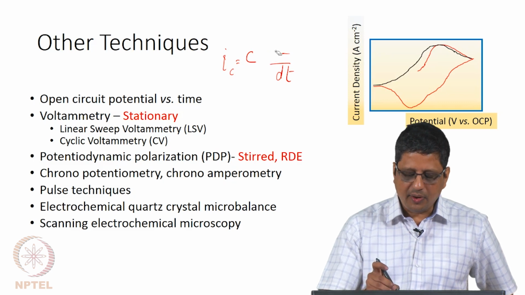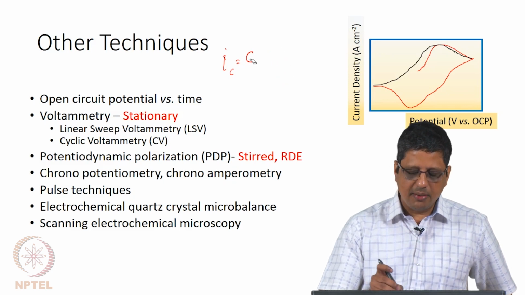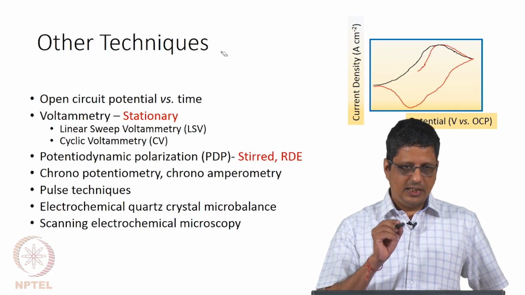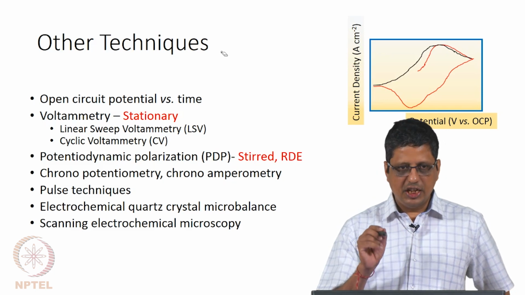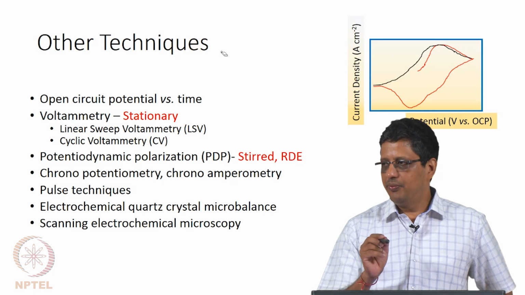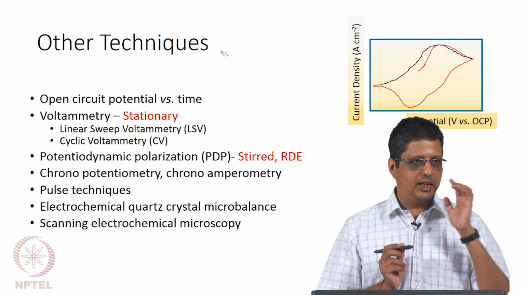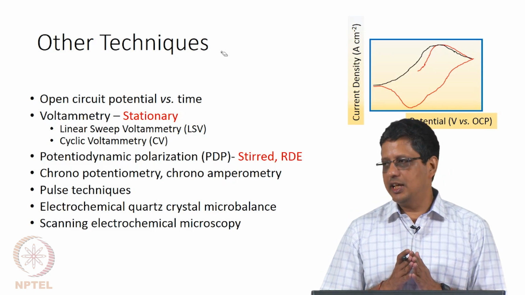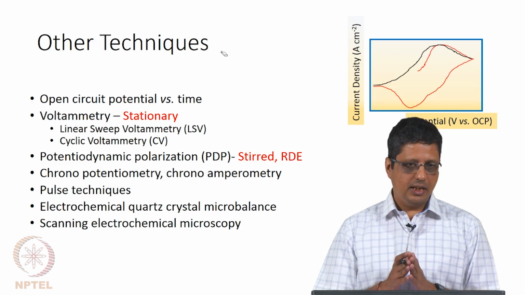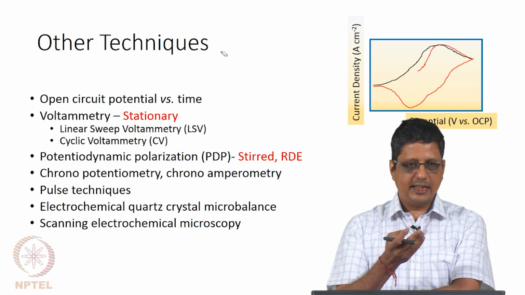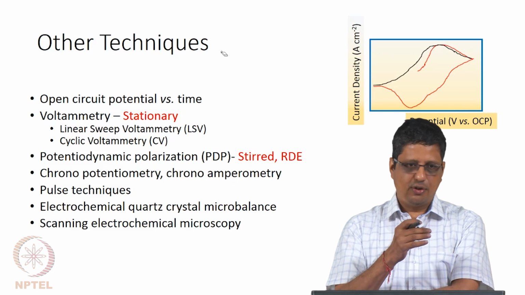Now, the next technique is called potentiodynamic polarization. From the software point of view, you would again specify a scan rate, and potential will change from one to another value at a scan rate given by us. Usually it starts at a potential and ends at another potential, it is similar to LSV, linear sweep voltammetry. Again here you have to rotate the electrode if you have the facility, at as high a rate as possible, or you have to mix the solution.